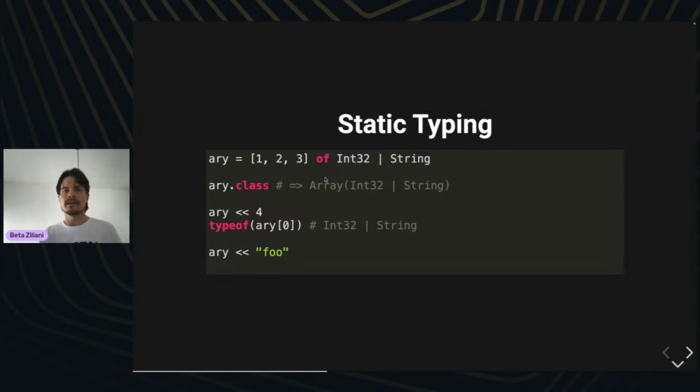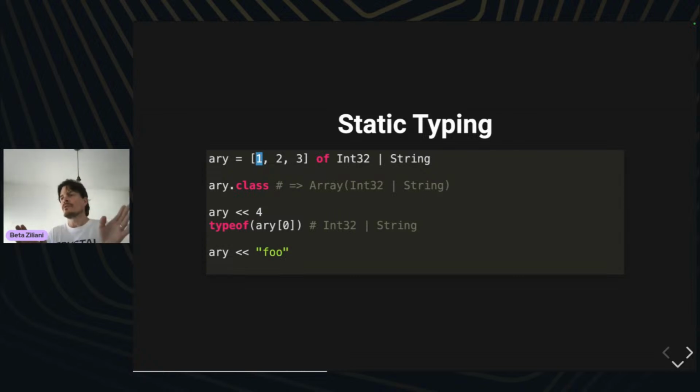So now when you ask for the class, it will tell you it's an array of integers or strings. As a consequence, you can add an integer or a string, and this will work. But when you ask for the first element, well, it tells you it's an integer or a string. It can't tell you beforehand that it is an integer, even though we can see that it is, the head element.